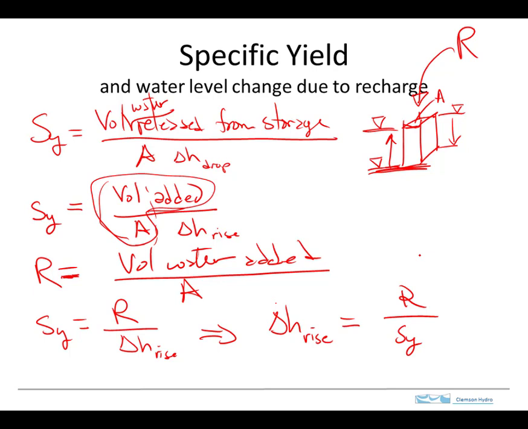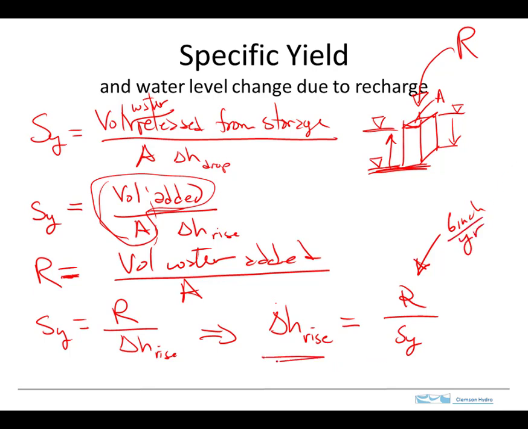And what that means is that, let's say, around Clemson, we might expect to have, say, 6 inches of recharge in a year. So R is 6 inches. And so if that's the case, we might then be interested in how much the water level in a well would change. Well, if R is equal to 6 inches in a year,